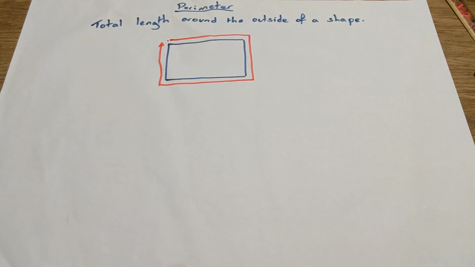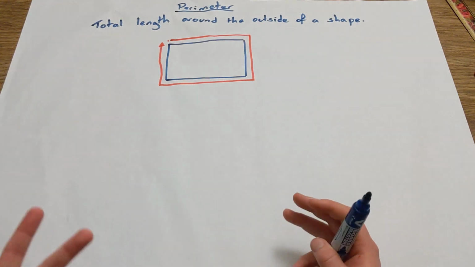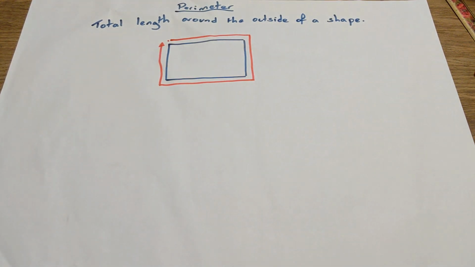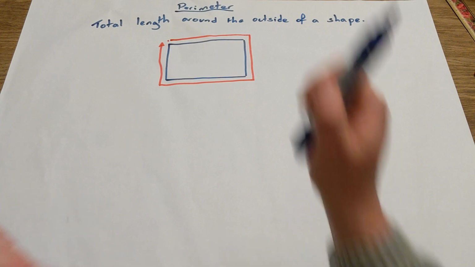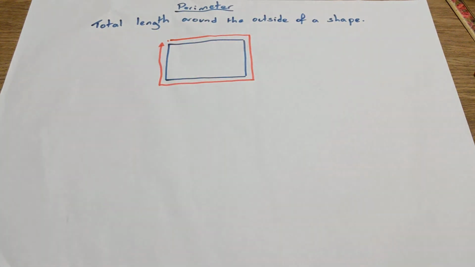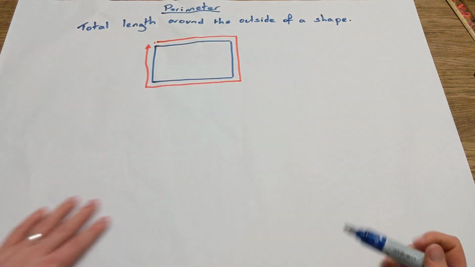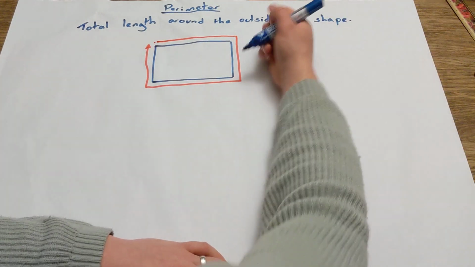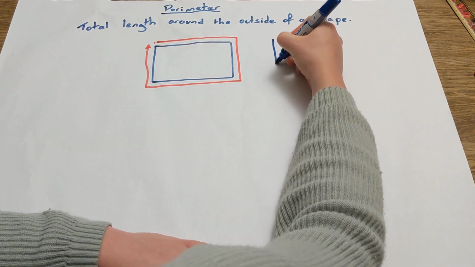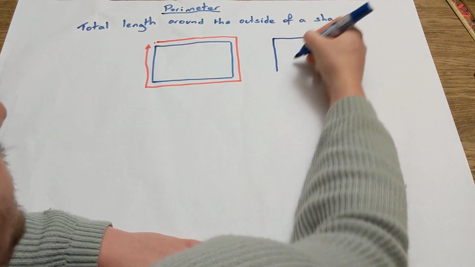Now, obviously, we need to know some of these sizes to work out what the perimeter is, okay? But it is as simple as that. It's just adding together these outside edges and getting a total, okay? So let's look at an example of this then. I'll draw a shape for us here,